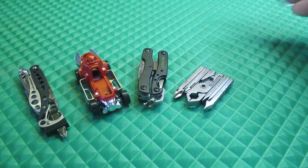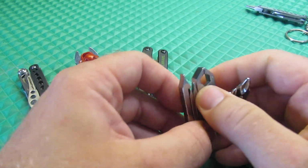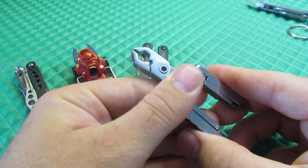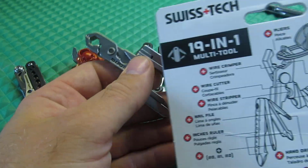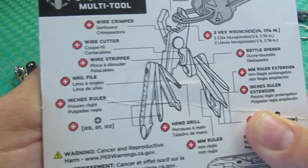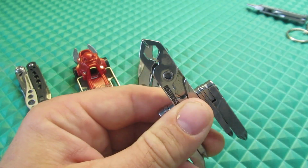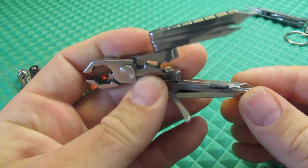All right, so moving on, I picked out several others that I thought would be perhaps a lot better. SwissTech is definitely not my favorite brand, but for kids starting out, you don't necessarily have to have a huge high quality knife, or multi-tool I mean. So what I got was this 19-in-1 SwissTech multi-tool, and they list tons of features: the wire clipper, wire cutter, wire stripper, nail file, the rulers, wrenches, a bottle opener, ruler extension, another ruler extension, a hand drill. But essentially it is a plier, and then you have the screwdrivers that detach like so,